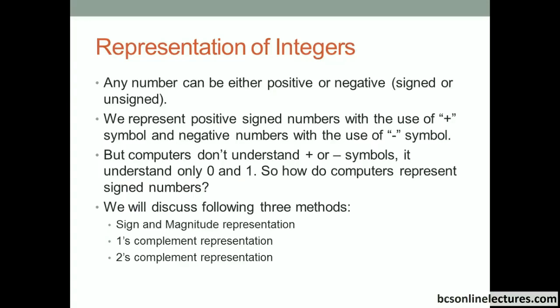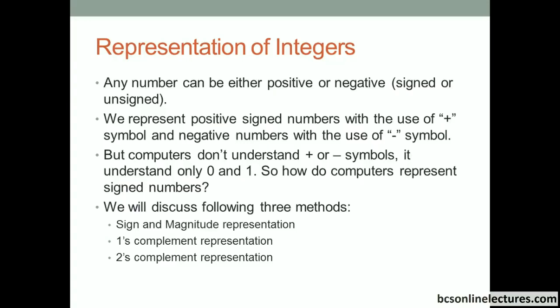Now it comes to when we learn about all these positive numbers, negative numbers, representation of integers, fractional numbers, right, floating numbers. We learned all this, but when it comes to computers, there's no way that we can represent plus or minus values. So this is the first problem when we try to apply the binary number system to computers. There is no way that the computer can understand this.